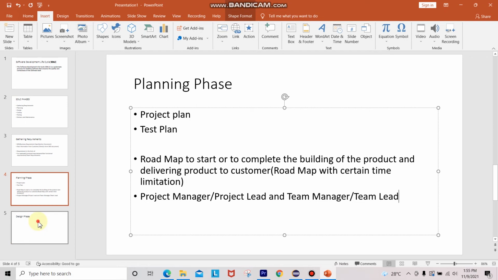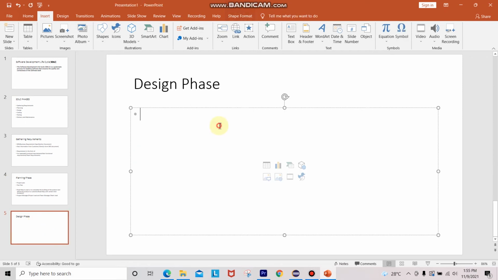If we come to the design phase, the people who will be involved here are the software architect or project architect, and the software analyst.